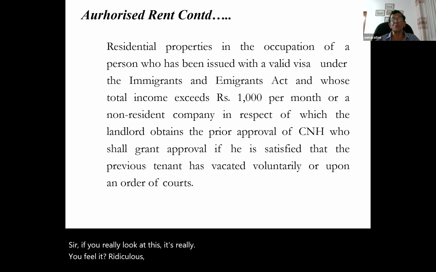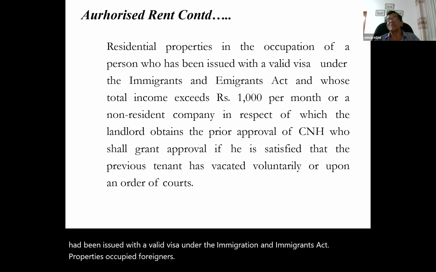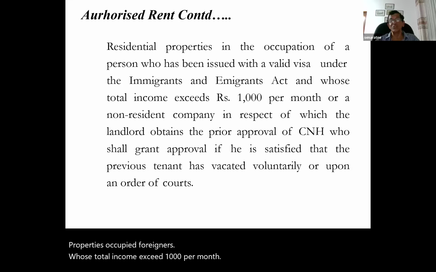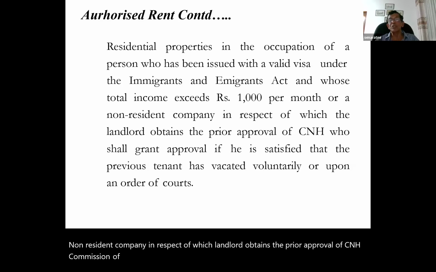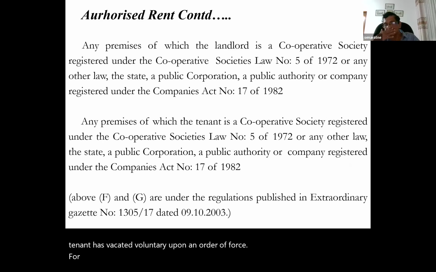Residential property is in the occupation of a person who had been issued with a valid visa under the Immigrants and Emigrants Act. Property is occupied by foreigners whose total income exceeds 1,000 per month, those days in 1972, or a non-resident company, in respect of which the landlord obtains the prior approval of the CNH, Commission of National Housing, who shall grant approval if he is satisfied that the previous tenant has vacated voluntarily or upon an order of courts. So those, of course, for the sake of law, it's there, but no validity. Anyway,